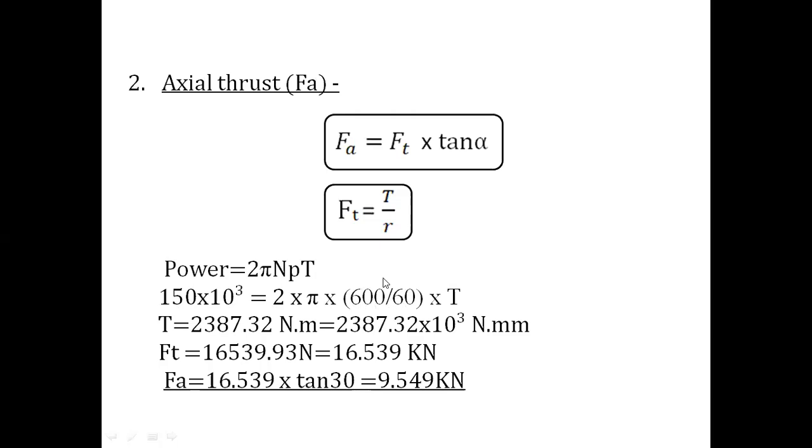So it will come in rps. That conversion you have to do properly in the examination also, because if you make a mistake in conversion, your final answer will come wrong. Okay. So 600 divided by 60 into torque. After that, only one unknown is there, only torque is unknown. So after simplifying this equation, the value of torque we are getting here